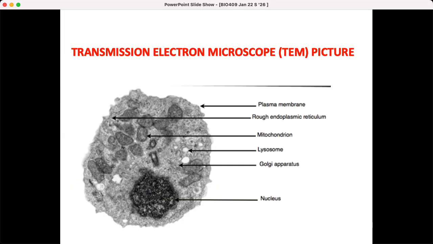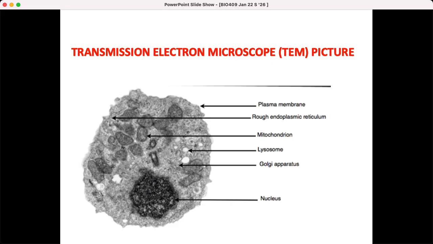Let's start out with this electron microscope. So here's an electron micrograph of a cell using a transmission electron microscope, a TEM. And a TEM does what it says. It sends electrons through the sample. The electrons are transmitted through the sample. And so we see an image that's very much like what we see with a light microscope. Light microscopes usually rely on the light being transmitted through the sample, and we see through the sample.